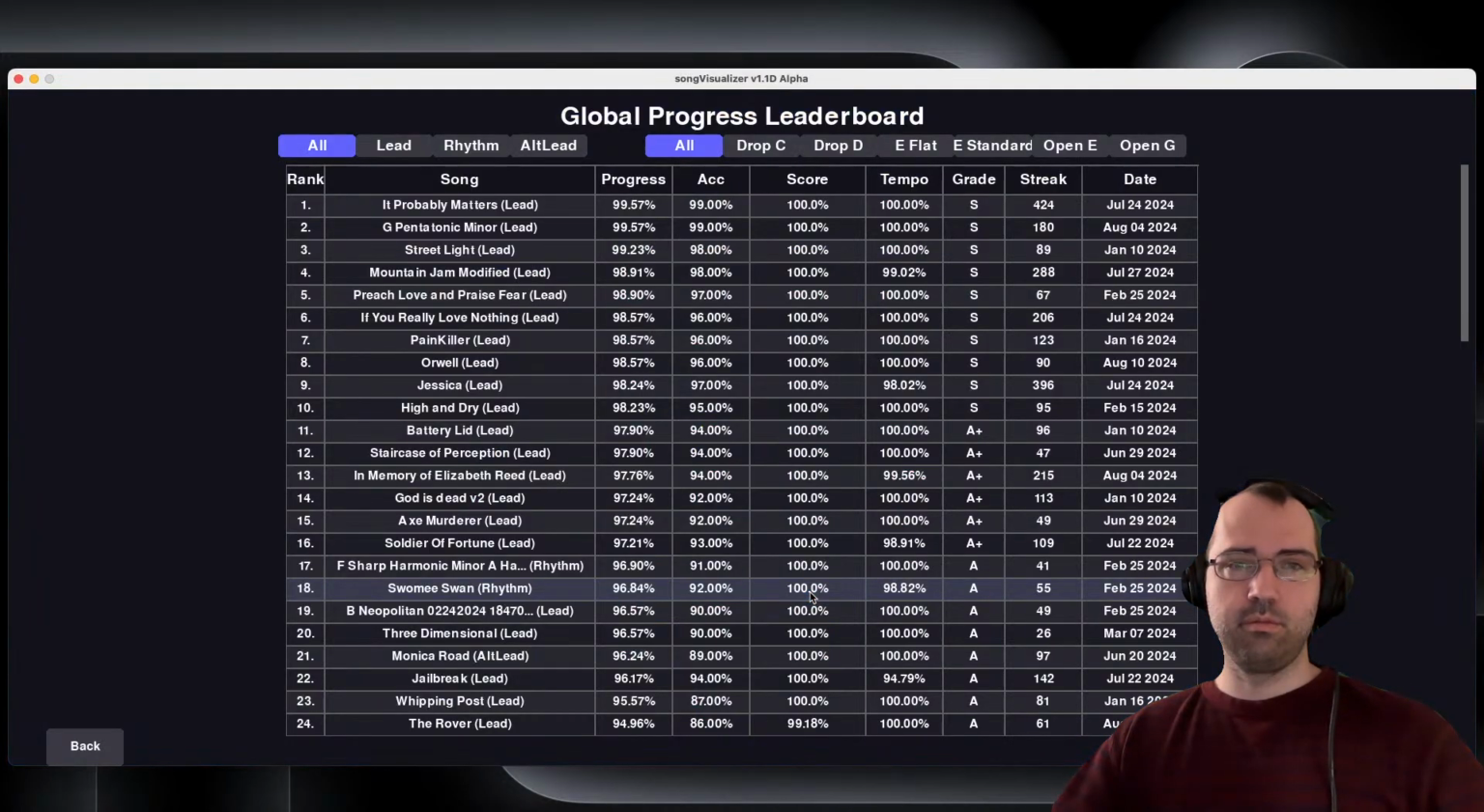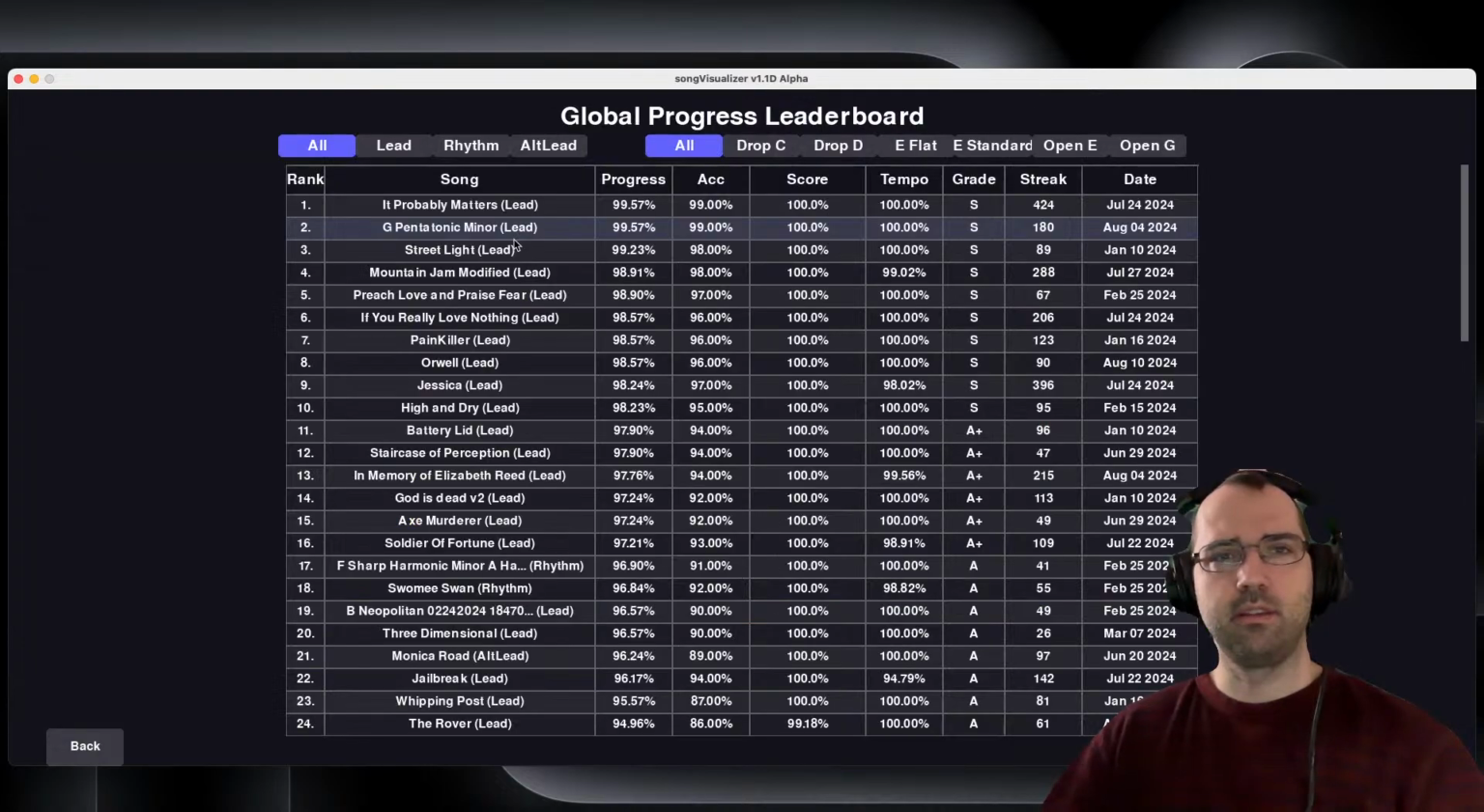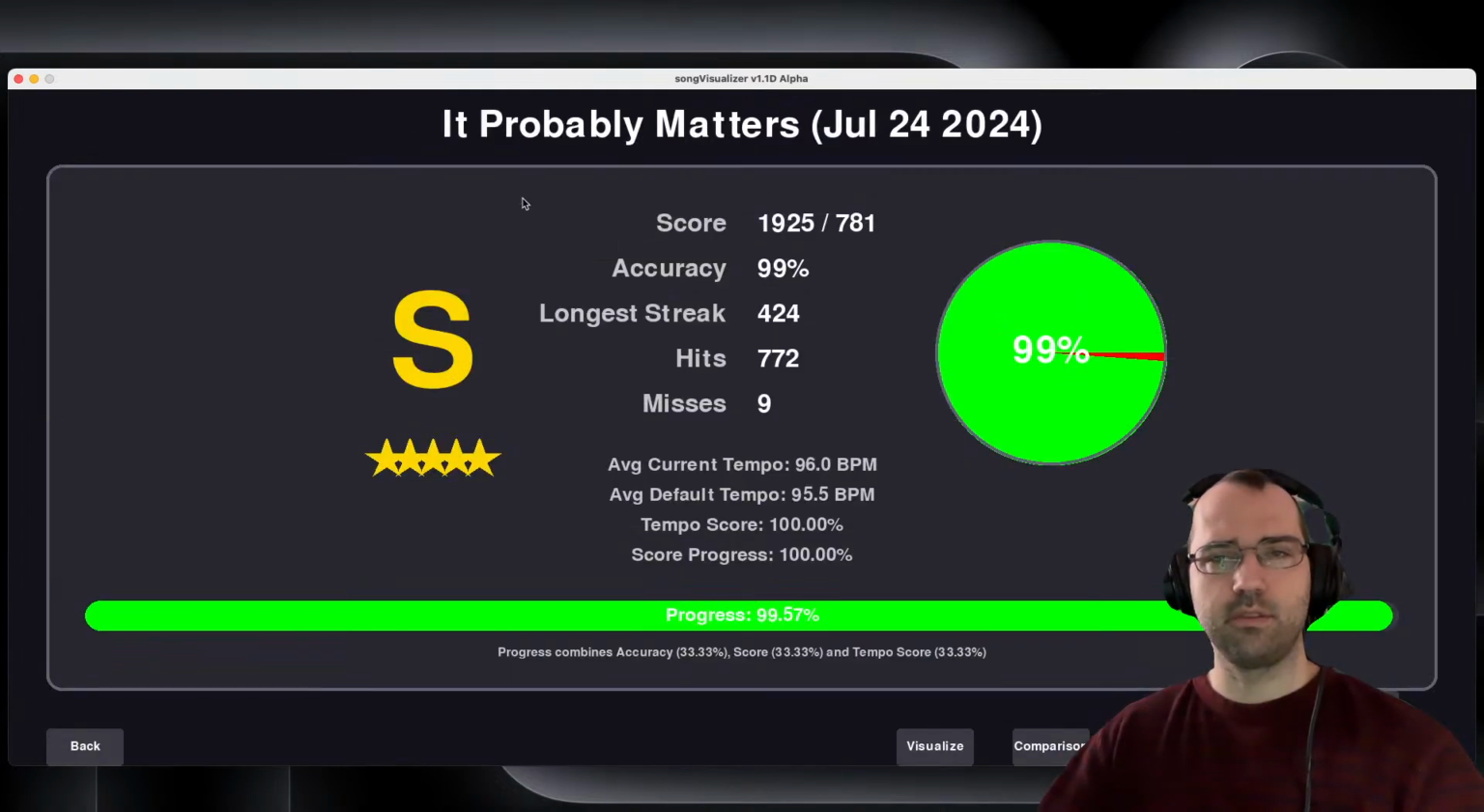Start menu, go to the leaderboard. It probably matters, but Interpol has been my best playthrough so far, July 24th, because I got 99% accuracy. This is fun, how I grade the performance on several factors,